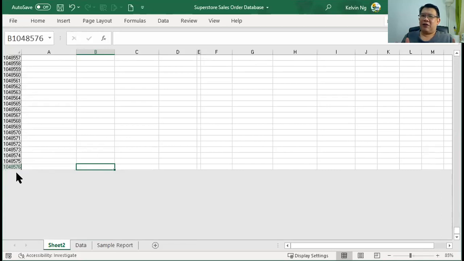If the data that you are collecting is more than 1 million rows, then Excel will not be there to help you. That's where you need not just software, but features such as Power BI, or maybe Power Query or Power Pivot, to help you generate reports from what you call virtual data. You cannot download it into your Excel, because Excel's maximum number of rows is only 1 million. So if, let's say, you have 4 million records, you can't load them into Excel, because the